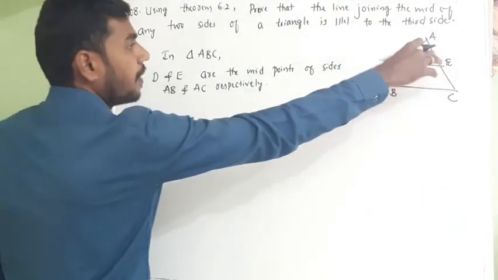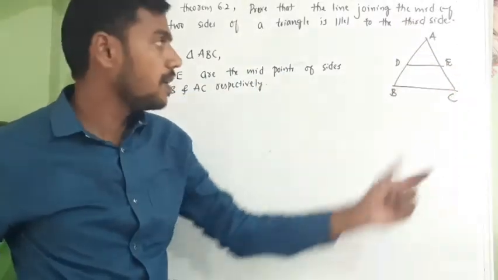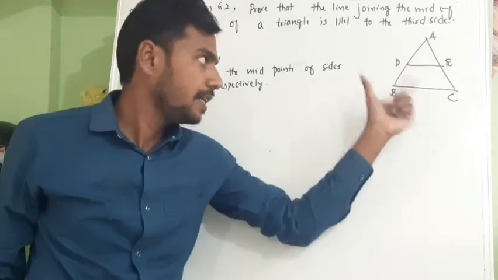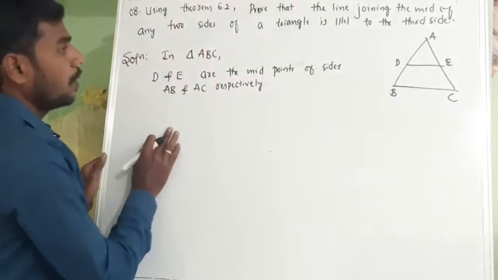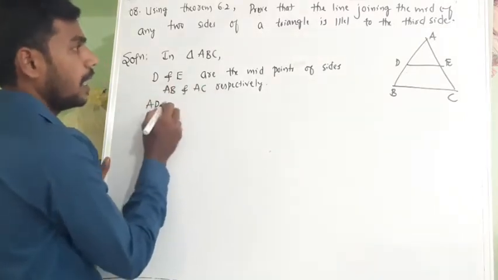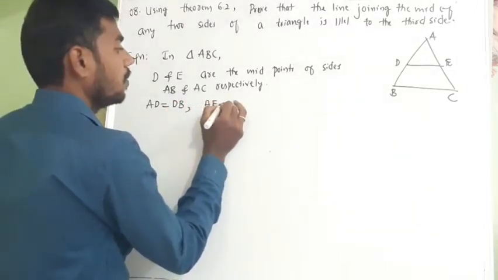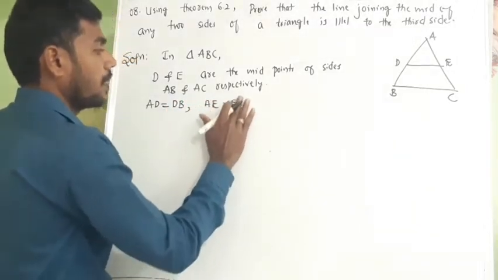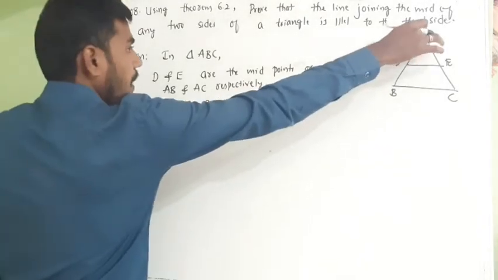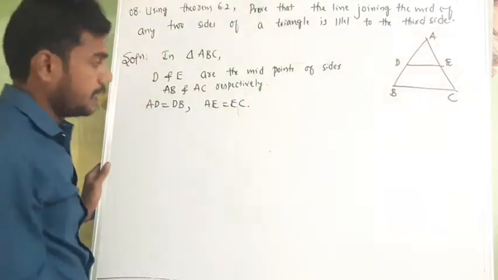Okay. Now we'll verify. See if I am able to show AD by DB is equal to AE by EC, obviously through the converse of the basic proportionality theorem, DE will be parallel to BC. That I need to show. So now, since D is the midpoint of AB, what can I write? AD is equal to DB and AE is equal to EC. AD is equal to DB because D is the midpoint of AB. E is the midpoint of AC. That is the reason AE is equal to EC.